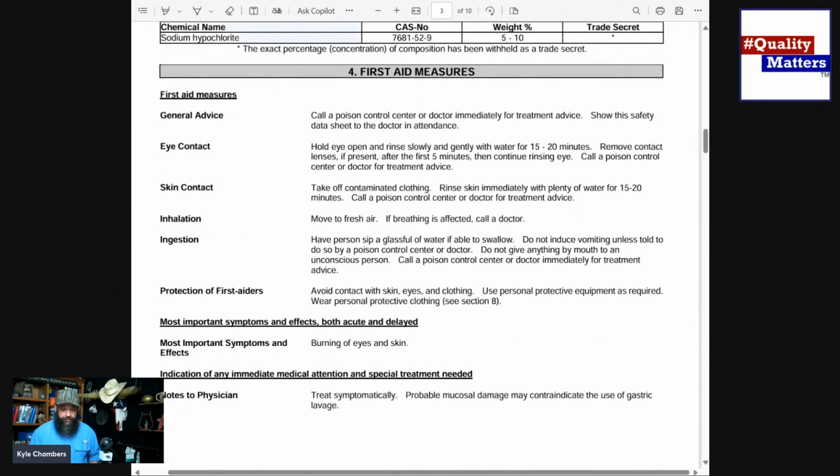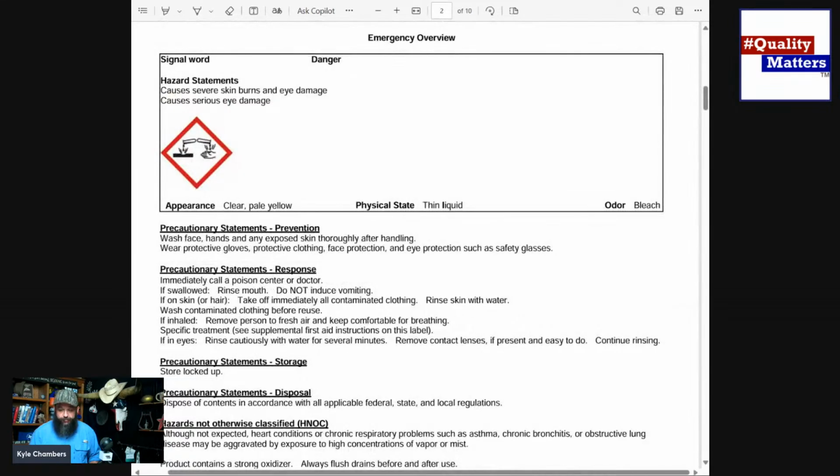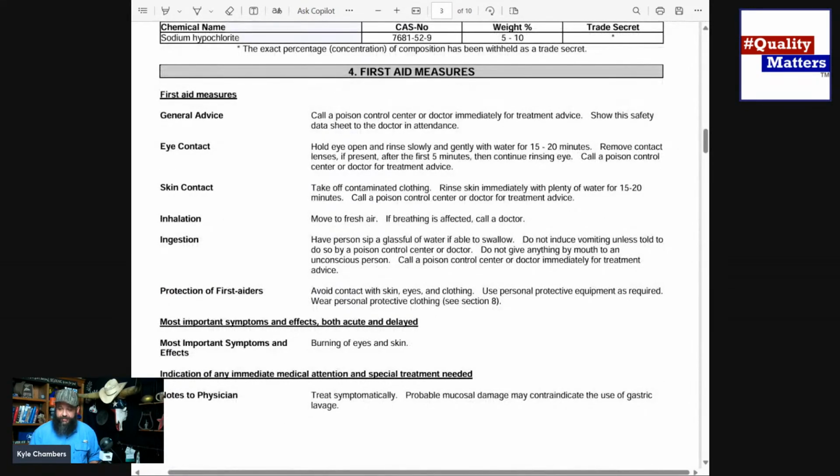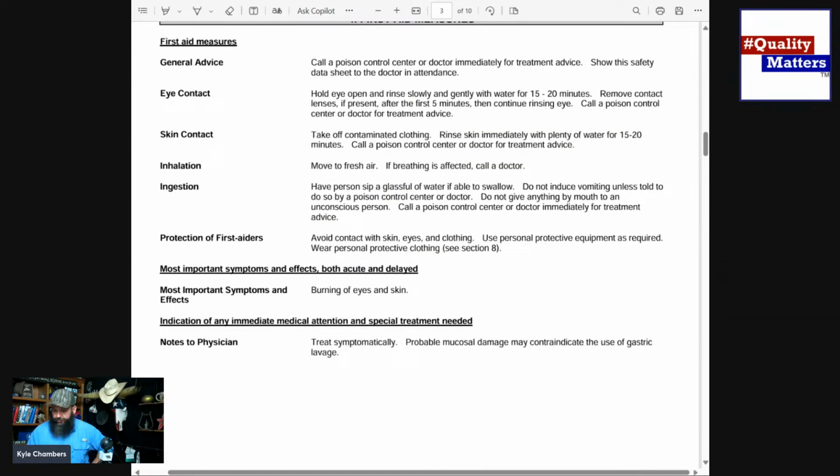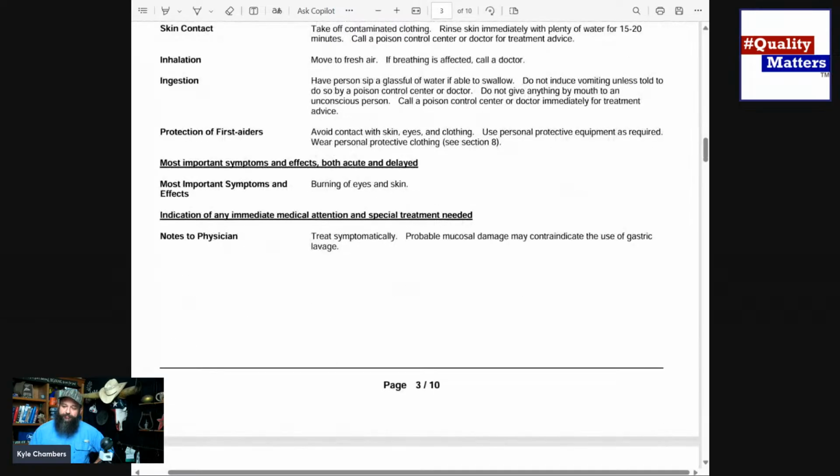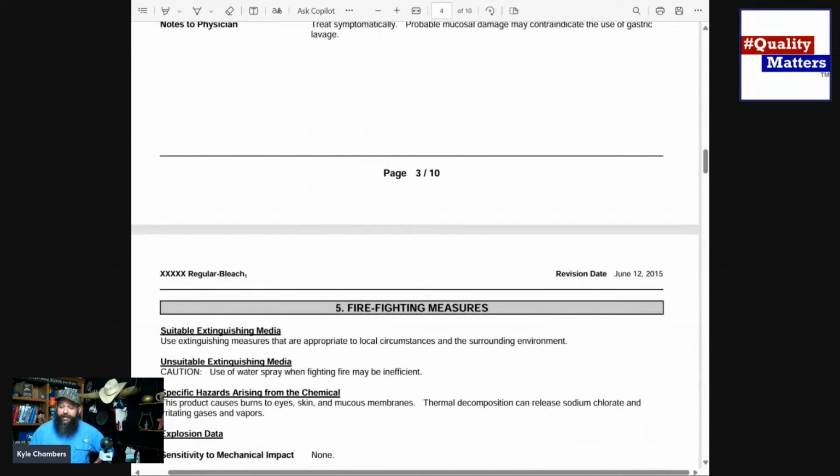Then we've got first aid measures. Like, oh my gosh, as if this wasn't good enough, we're going to give you the first aid measures. Here's first aid. General advice, call poison control. I'll be honest with you, they're almost all going to say that because it's a good CYA. Eye contact, how much do you need to rinse? Oh, 15 to 20 minutes. Okay. This is why we often have the big eye wash stations at the shop. The little squirt bottles for your eye wash, that just makes people feel good. It doesn't actually do good. Skin contact, take off immediately. If inhaled, any case, you kind of get the idea there, but it's good information.